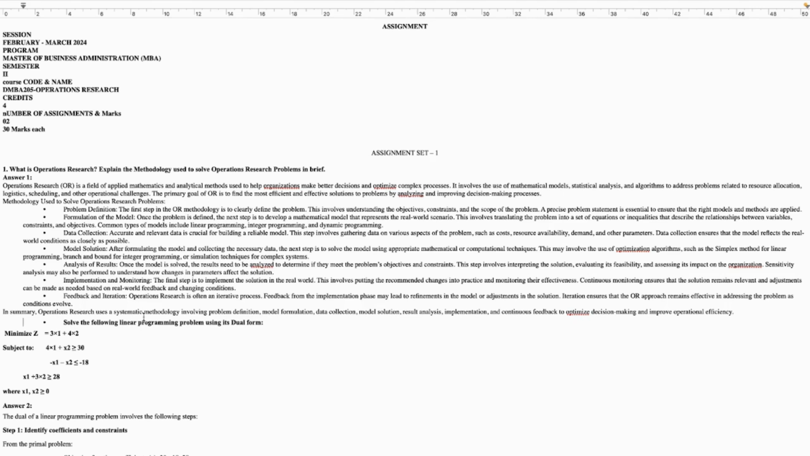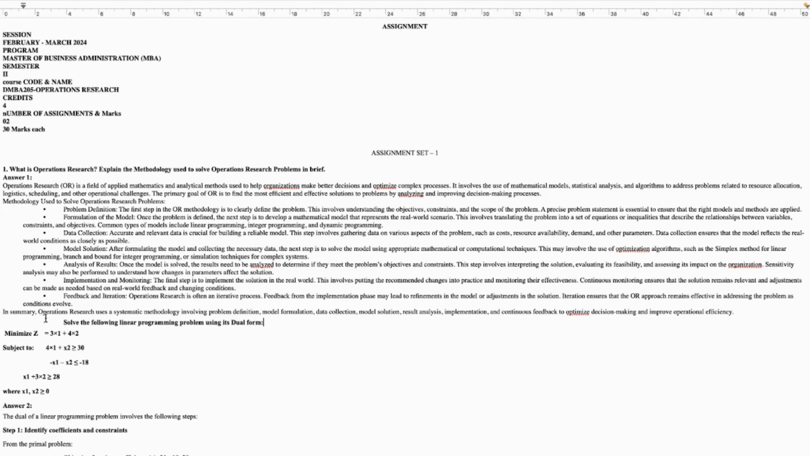Operations research is often an iterative process. Feedback from the implementation phase may lead to a refinement of the model or adjustment in the solution. It ensures that the OR approach remains effective in addressing problems as conditions evolve. This is the conclusion. Operations research uses a systematic methodology involving problem definition, model formulation, data collection, model solution, result analysis, implementation, and continuous feedback to optimize decision making and improve operational